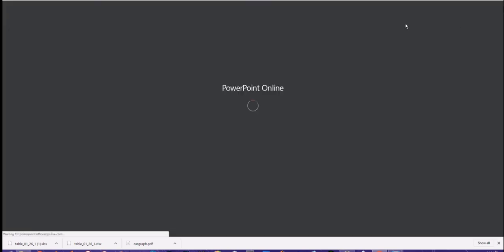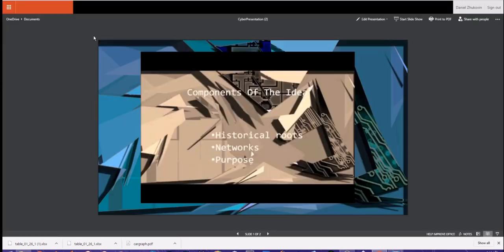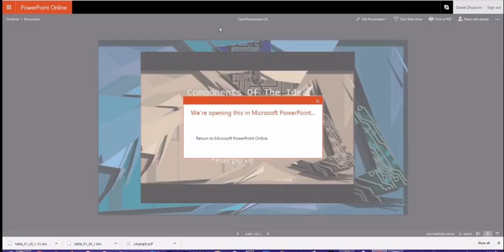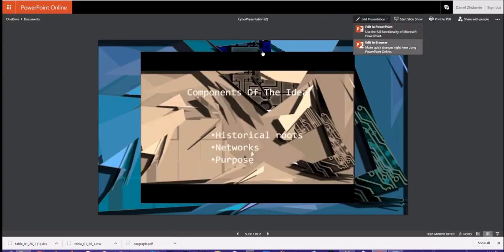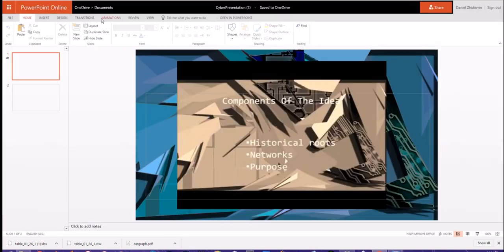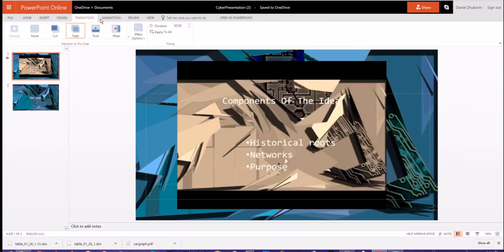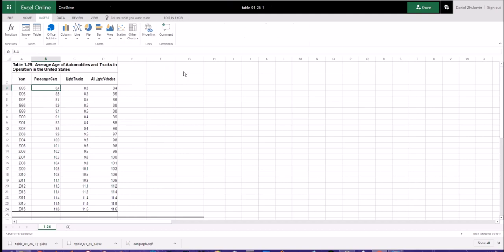So that'll open up, and when I go to edit, all the buttons will show up and everything, and it's lots of buttons. So going back to Excel,